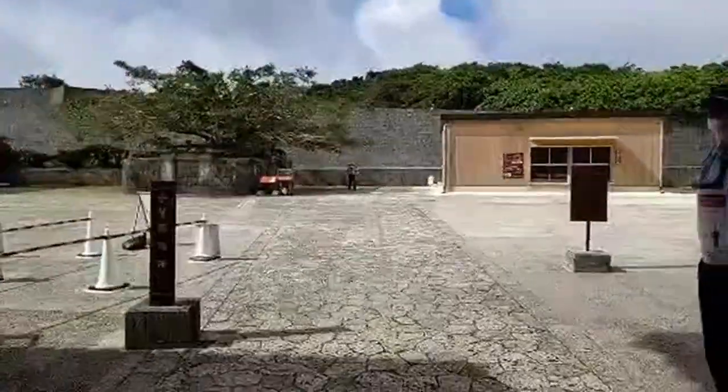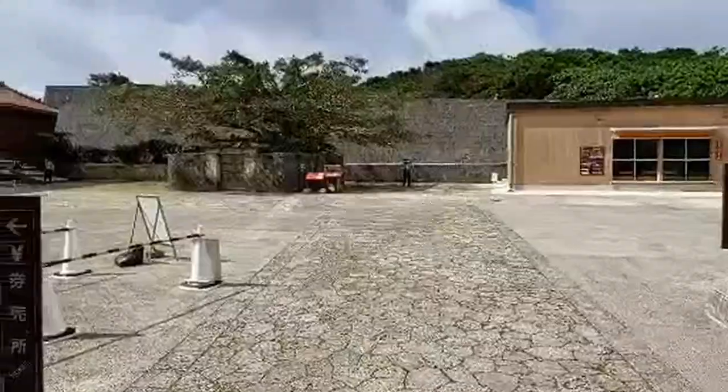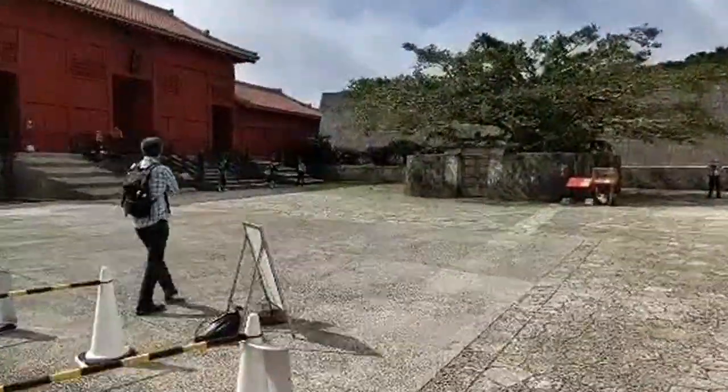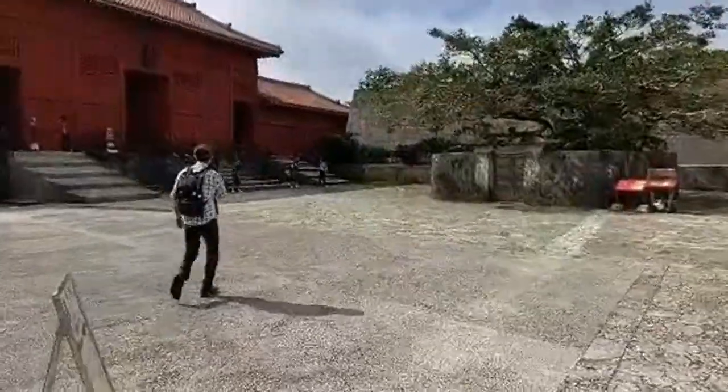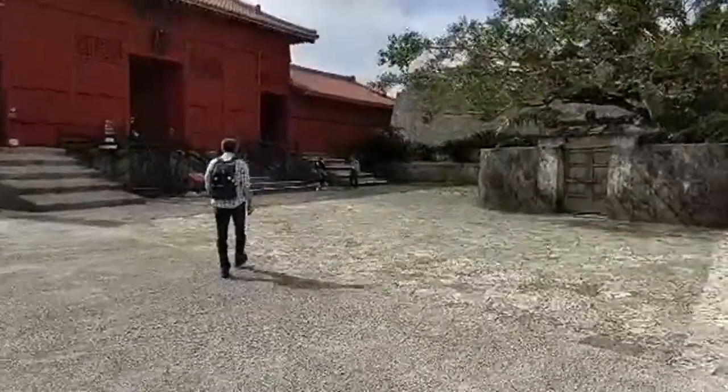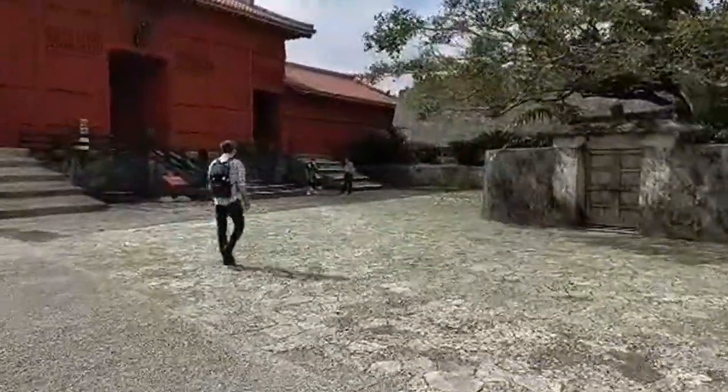Ohayou gozaimasu. Ohayou gozaimasu. Oh, the guards are still here. So I'm going to go and buy our tickets to go inside, and Becca, you can just go stare at the guards. We'll give you a view of the guards. Yeah. Don't challenge them, Becca. I wonder if they're like the